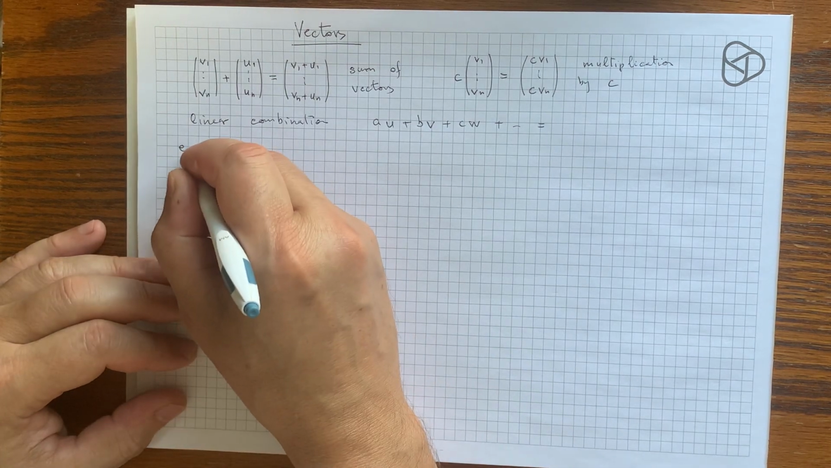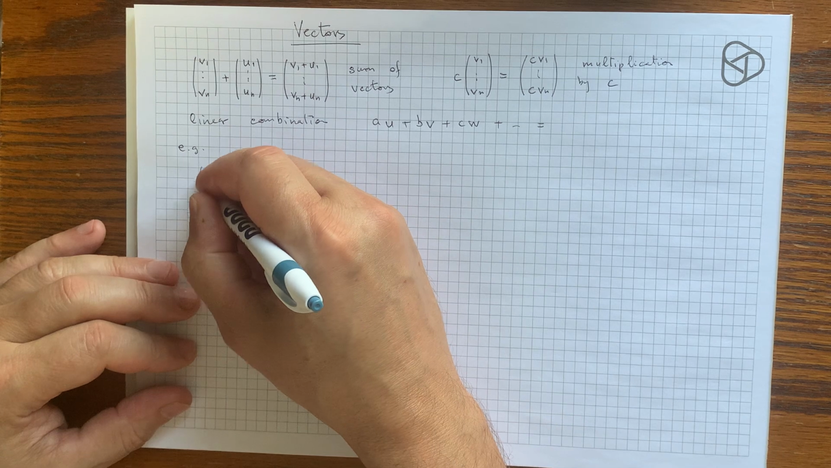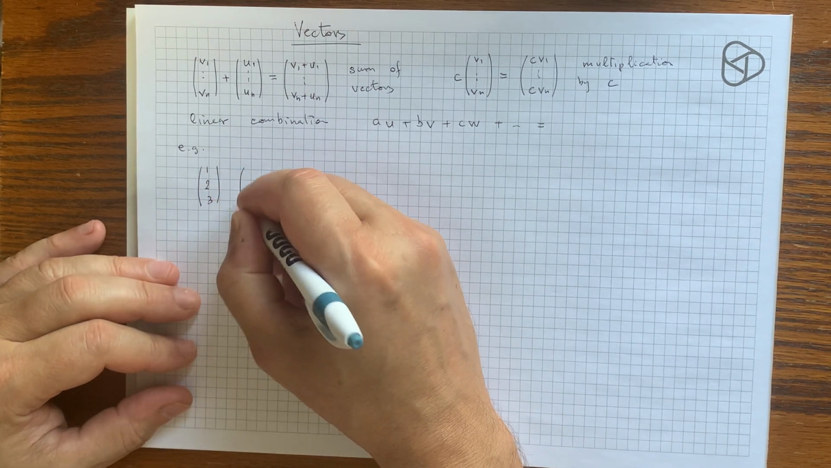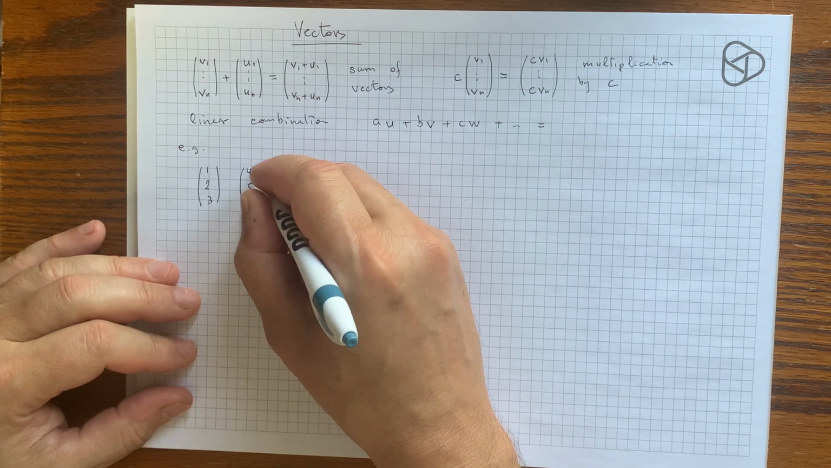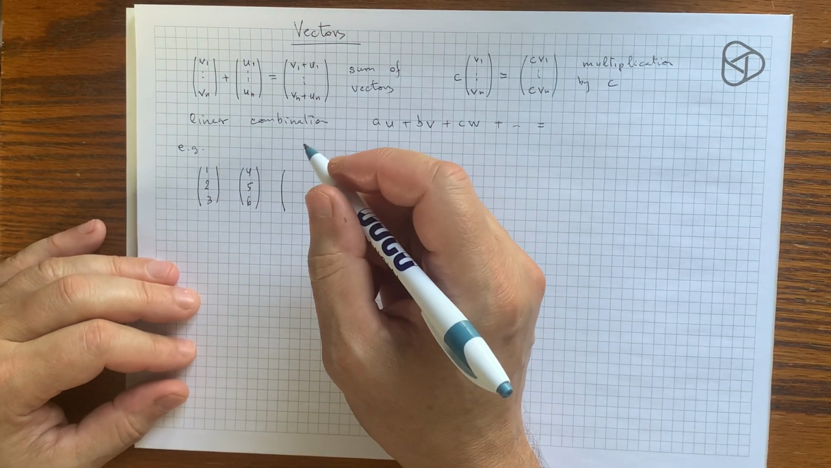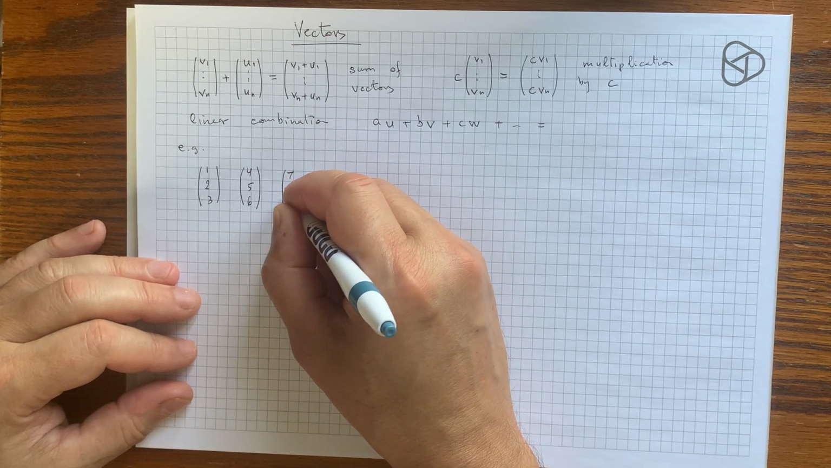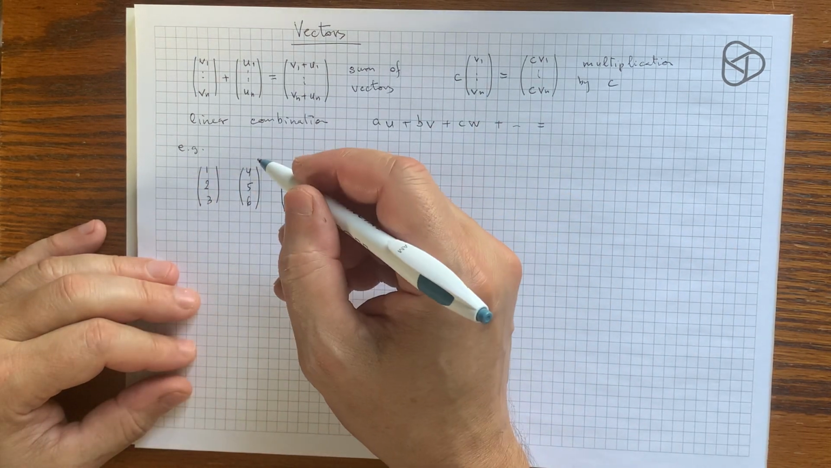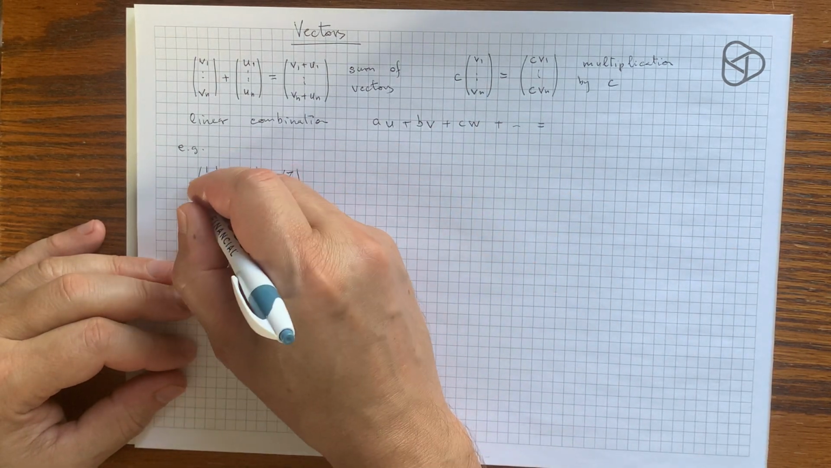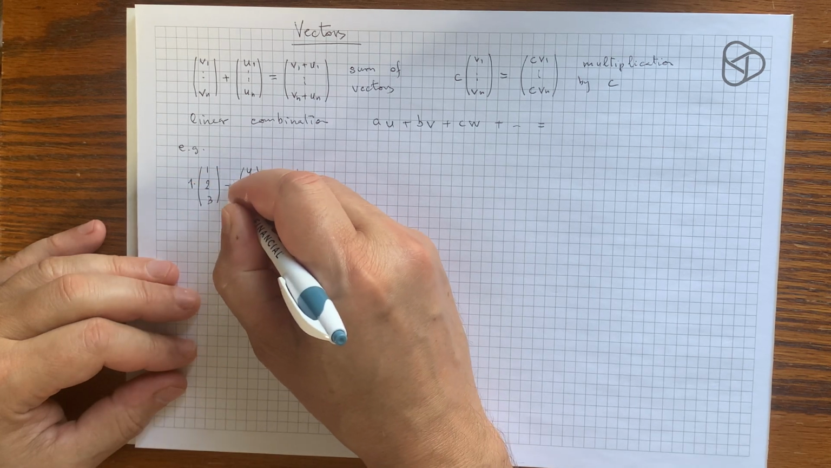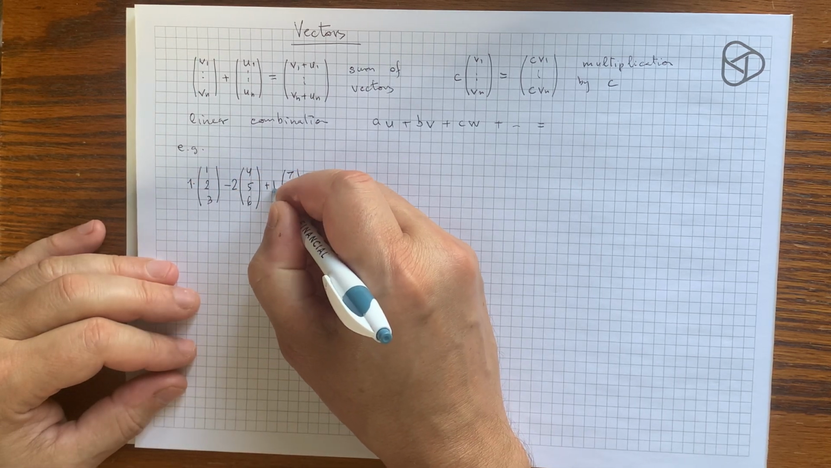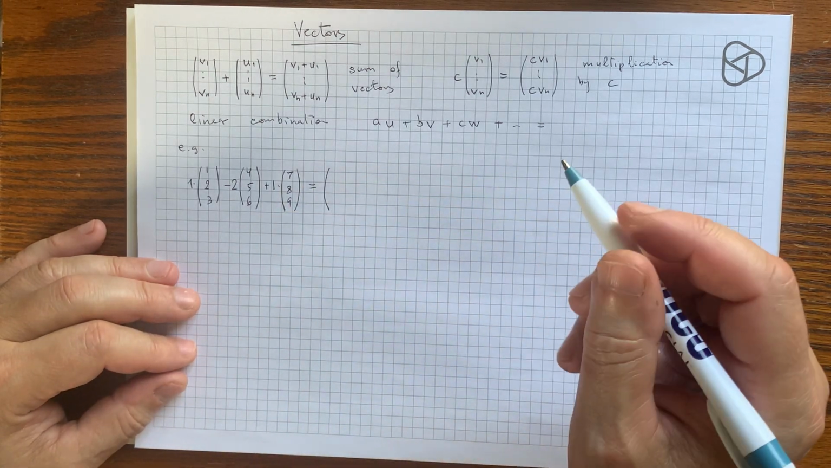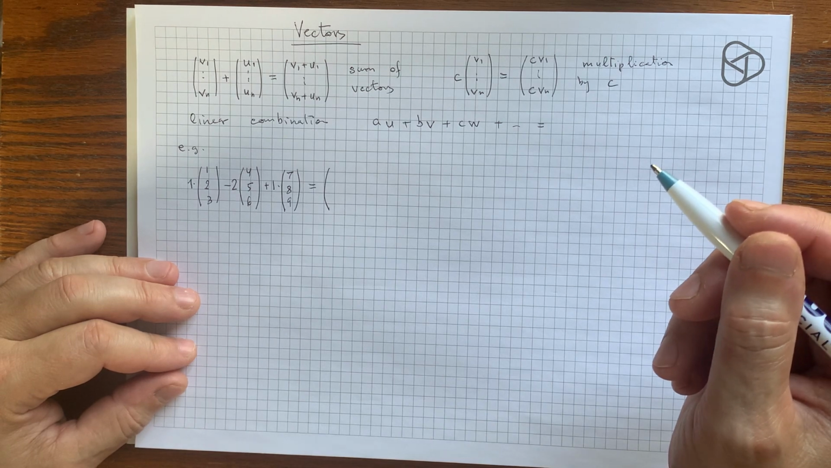For example, imagine three vectors, each of them having three coordinates. And we could take the linear combination of them with coefficients 1, -2, and 1, and compute the result. The result will be a vector of the same length,